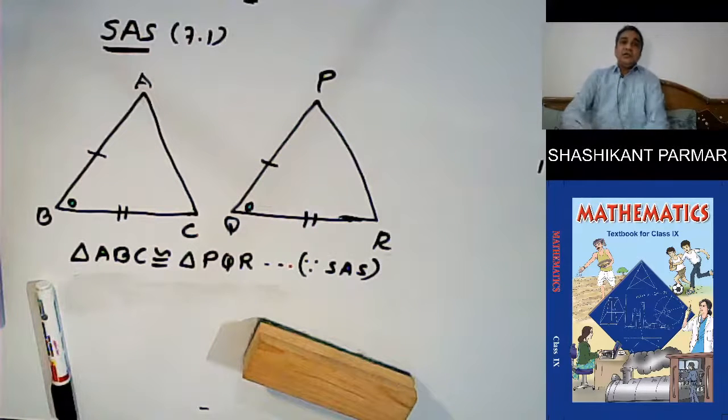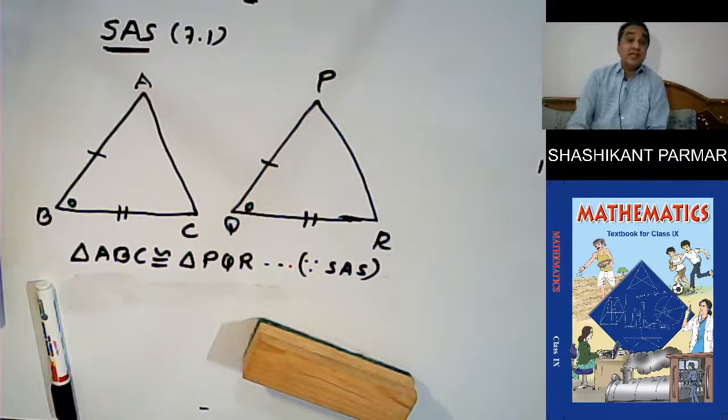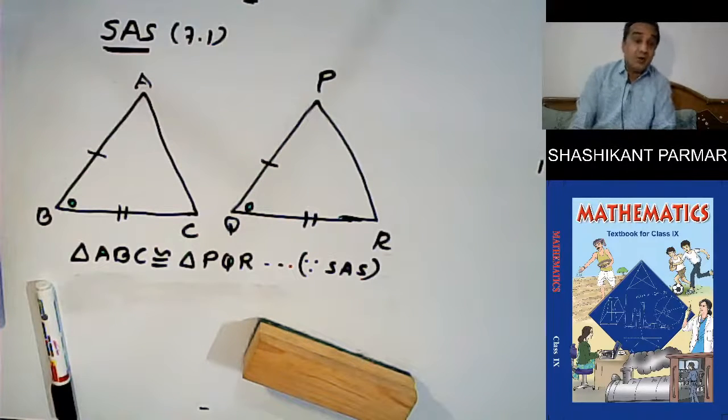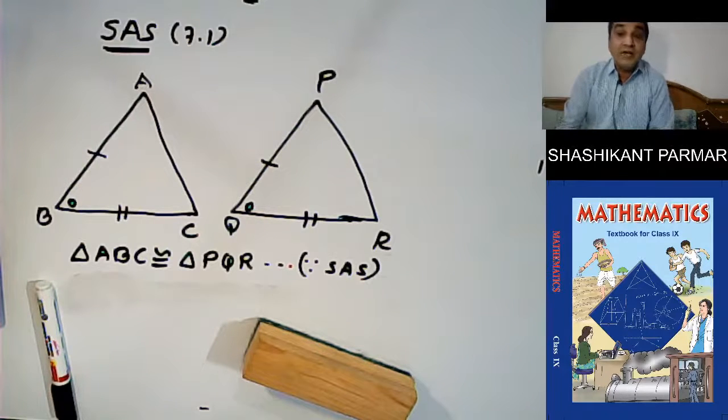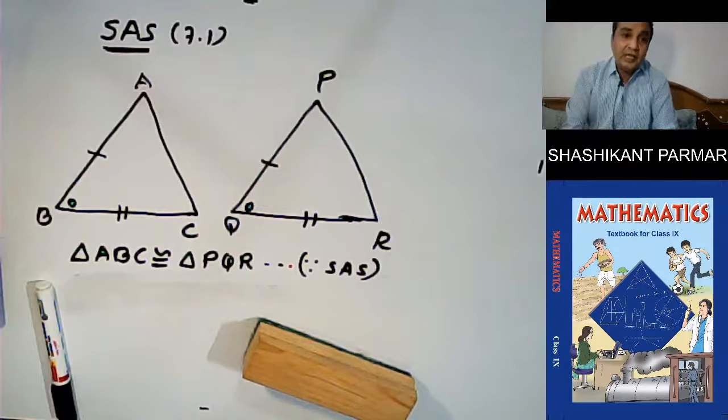Now see here. Cut out this triangle and place one triangle on another, as we have done just now. What do you observe? See that one triangle covers the other completely. That is, the two triangles are congruent. Repeat this activity with more pairs of triangles and you will observe that equality of two angles and the included side is sufficient for congruence of triangles. So this result is the angle side angle criteria for congruence, written as ASA. ASA, that means angle side angle.